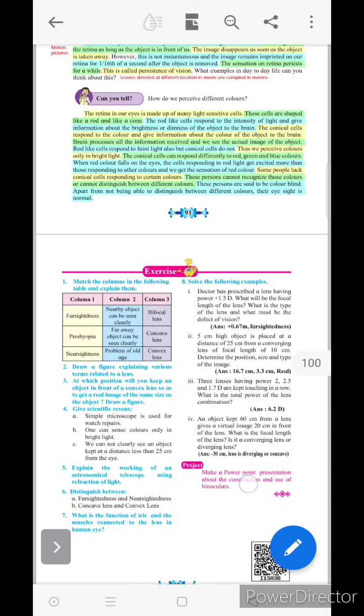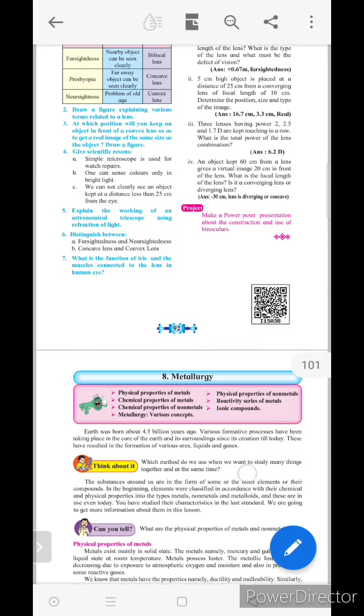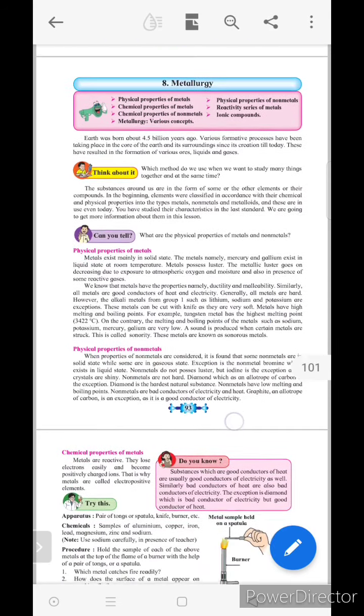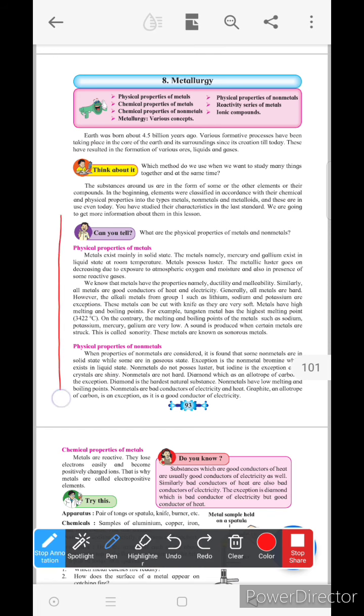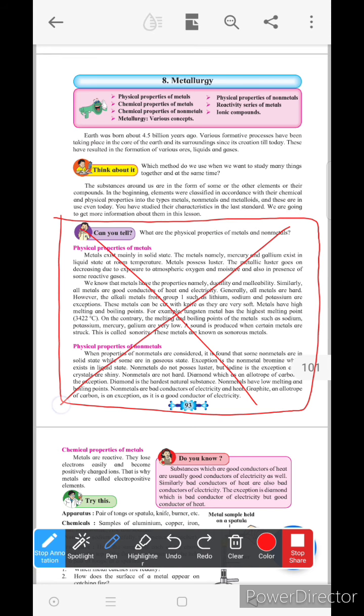On page number 92 there is an exercise, there is no reduction, and here lesson number 7 is also completed. Now we will move on to the next page, page number 93. Lesson number 8 is starting there, and here the physical properties of metal and physical properties of non-metal, these two topics are removed. That is, the total topic is removed. Note it down so that you will get an idea.